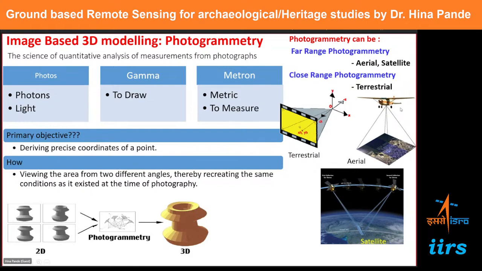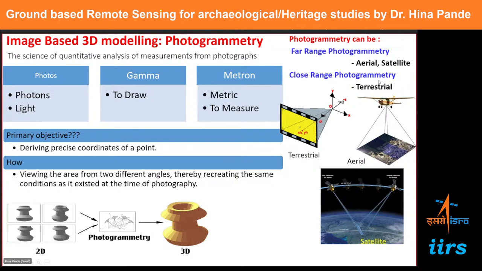Now, photogrammetry, based on where the sensor is placed and what the distance is between the sensor and the object, the camera object distance, we can categorize as far range photogrammetry. So if I place the camera or the sensor on an aerial platform or on a satellite, that is a space-based platform, since the distance between the object and camera is quite large, I call it far range. And when the distance is less, in the range of 300 to 500 meters, then we call it